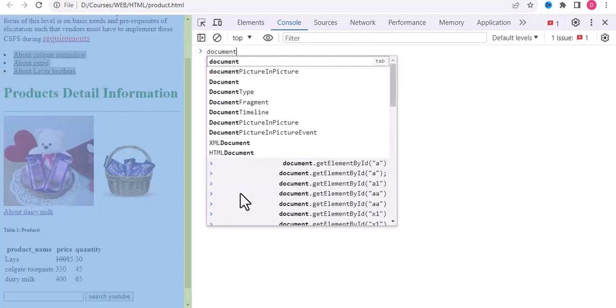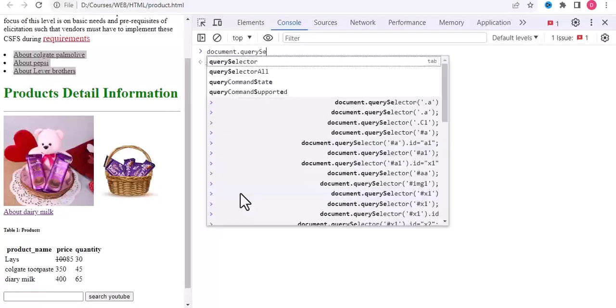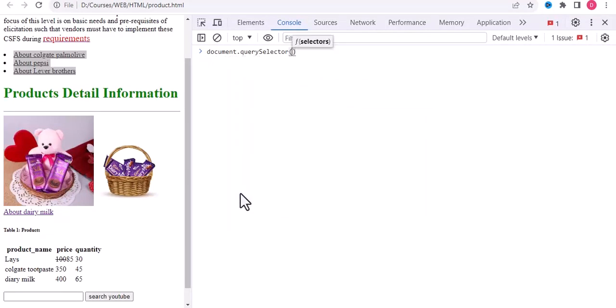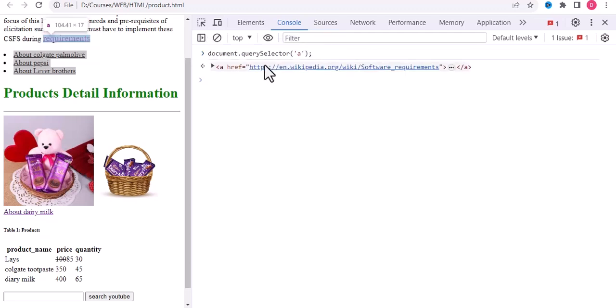Okay, so by writing document, the whole document is selected. And then dot querySelector. In the previous lecture, it was already discussed in quite some detail that whenever we execute querySelector, it will fetch the first element. For example, if we have 5 paragraphs and we write p, it will select the first paragraph. For example, if we have anchor a, so the first